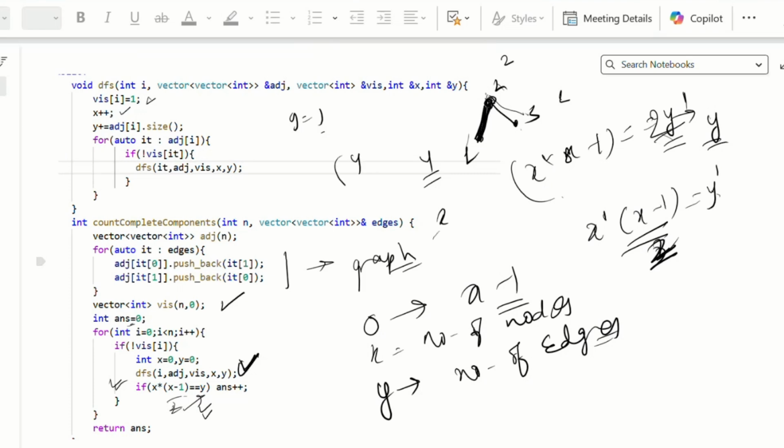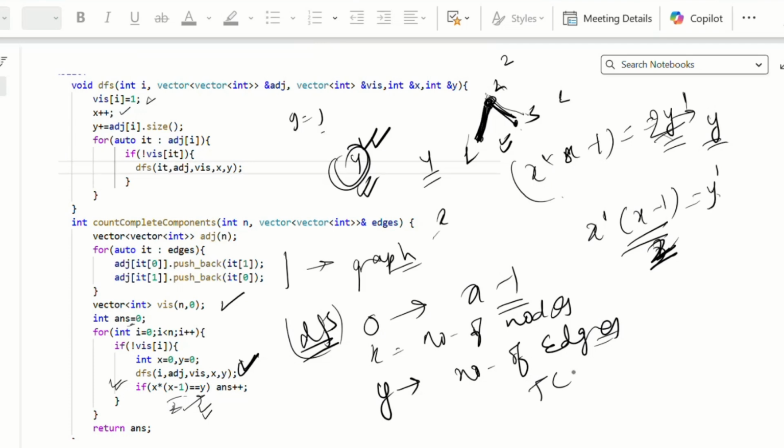So the y value is coming to 4, but the number of edges in this case is 2. So it is calculating double. That's why we are not using divided by 2 here, and we are simply using x into x minus 1. Hope you are able to understand. If you know basic DFS, then you will be able to understand this question. Otherwise, it's a little bit difficult.